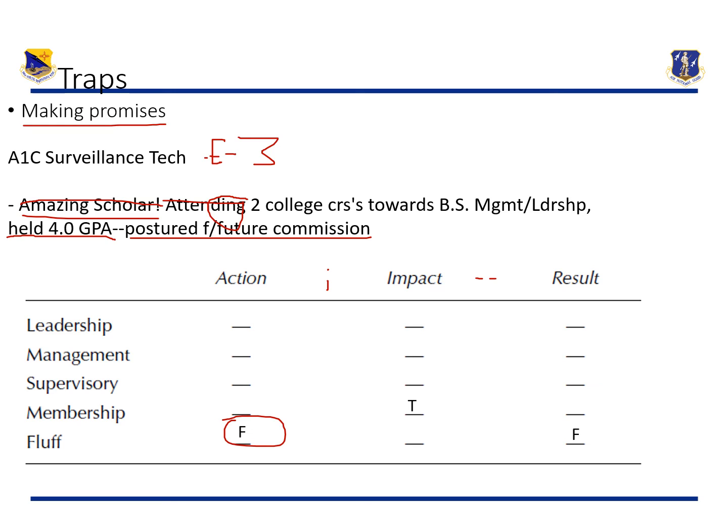I would say it's good. I would almost dare to say maybe for an A1C, it's not on the membership level. It's more supervisory in nature, and it's definitely a tactical level accomplishment. And I think the result is just, again, garbage. Falls flat. Fluff. Never make promises when you write bullet statements.